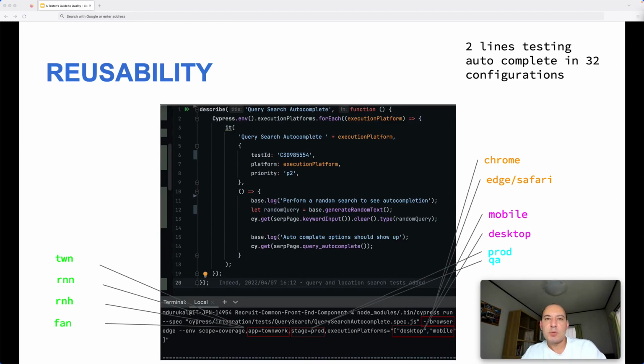Reusability is a great way to improve the efficiency and the quality in our test automation framework. Because if we have some duplication, it will be much more maintenance effort or the analysis effort after the failures. So one practical example that I tried to do in my project is, after I realized that some tests were duplicated, I tried to exclude all the configurational variables from the test code itself, and I managed those environmental variables as configurations, and I implement only one test case to execute in lots of different configurations.